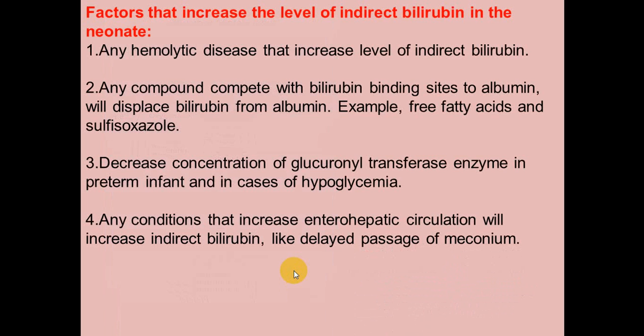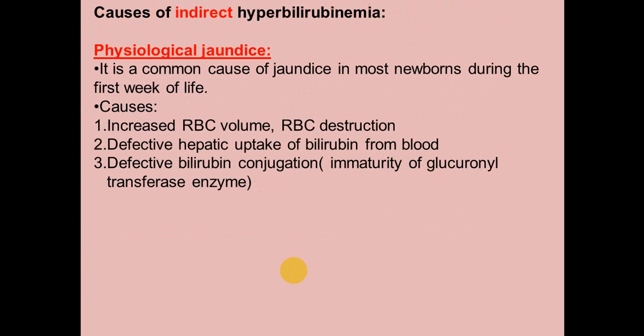So here are the factors that increase the level of indirect bilirubin in the neonate that we just mentioned: any hemolytic disease like Rh isoimmunization; any compounds or drugs that compete with the bilirubin binding sites on albumin, like the sulfa drugs and vitamin K; a decrease in the concentration of glucuronide transferase enzyme in the preterm infant and in cases of hypoglycemia; and any conditions that increase the enterohepatic circulation. The causes of indirect